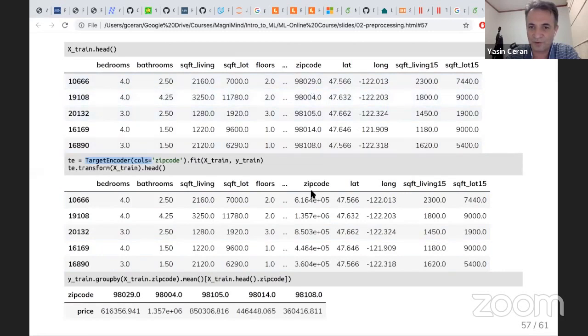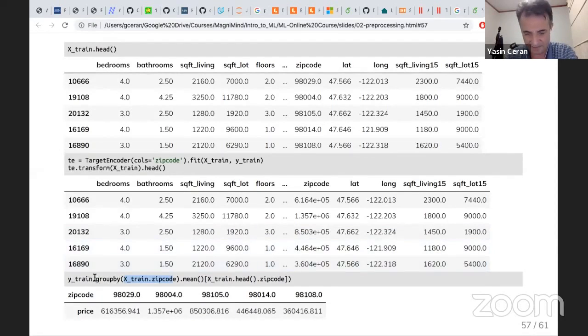As you see, for this zip code, I have this average house price. So you can do this manually if you like, and here we are doing this manually. We take our label, the target variable, and group our target variable by zip code. Again, our target variable and feature set have matching indices, right? The first value of my Y train corresponds to the first row of my X train. Okay, so I group my